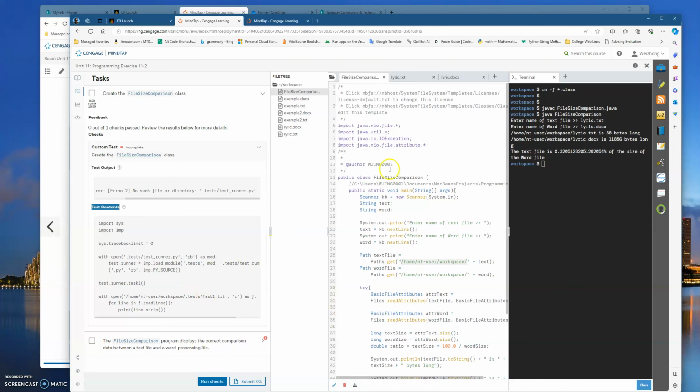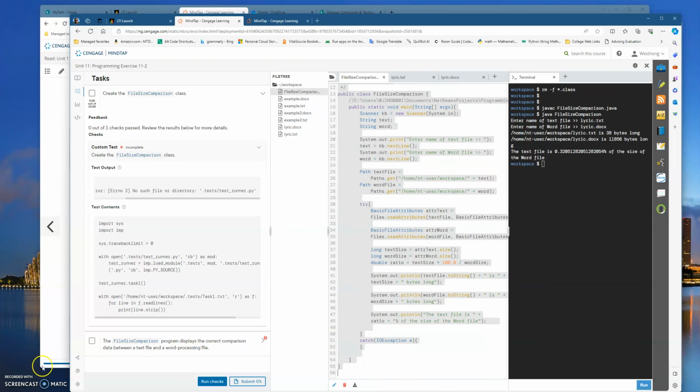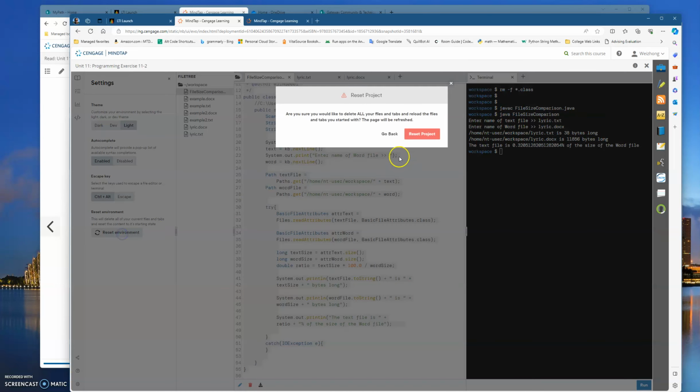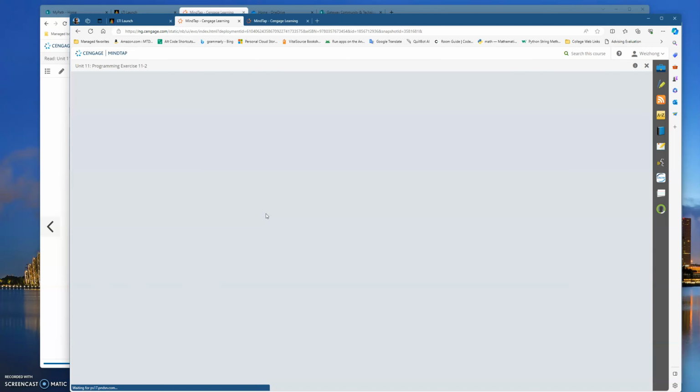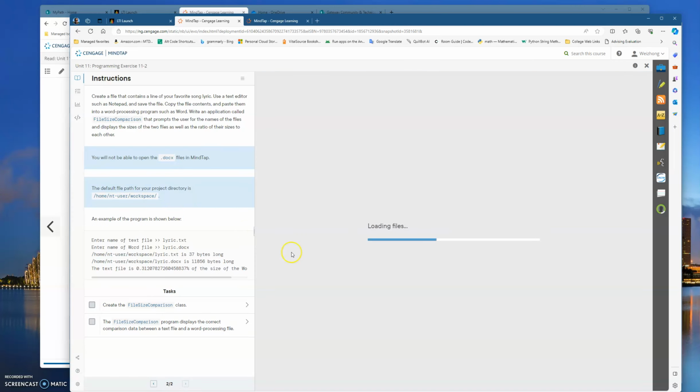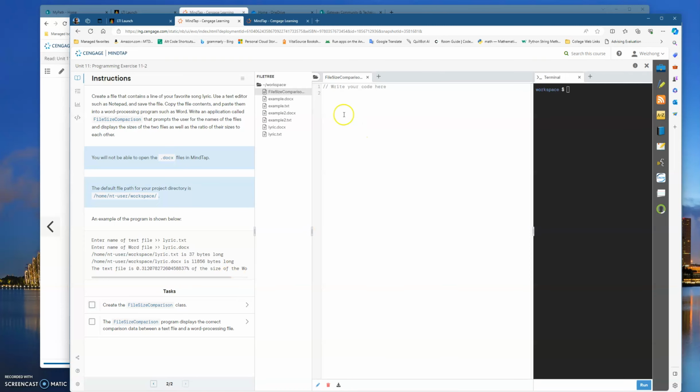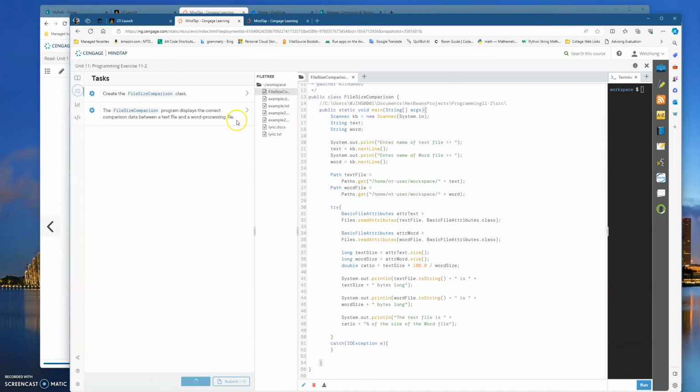So what I need to do is you need to copy your file and save it and reset, which means reset from here. Reset your environment and paste it back. Then run and check. I think this time it should work. This is the Mindtap issue. Sometimes it has no reason to give you errors. And I believe